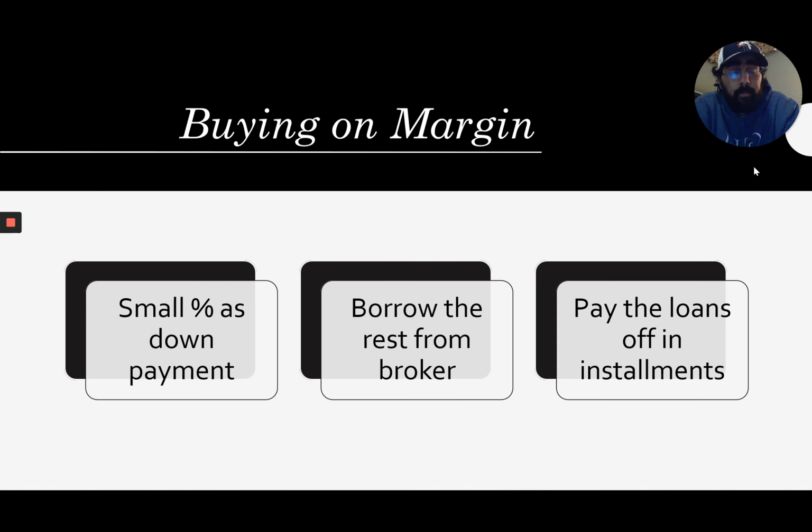Buying on margin is where you basically put down a small percentage of your own money as payment when it comes to buying stocks. So you can put down 75%. You could put down 35-40%. Depends on how your broker wants to work that deal out with you, and then you borrow the rest from the broker and you pay that back, right? You can pay it back with interest as well.